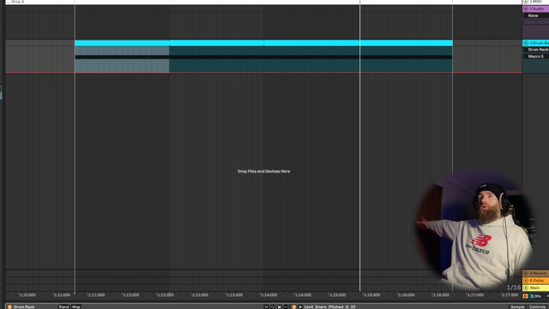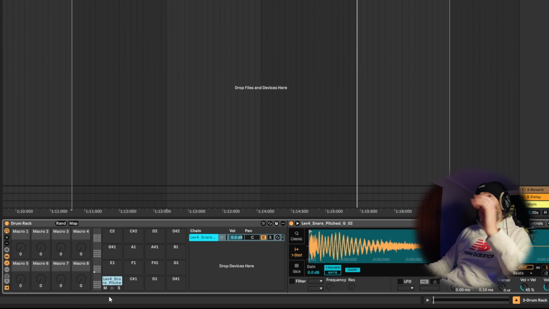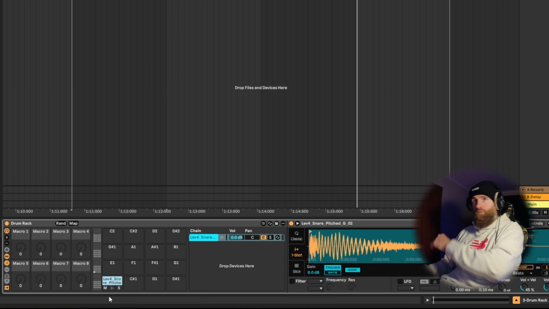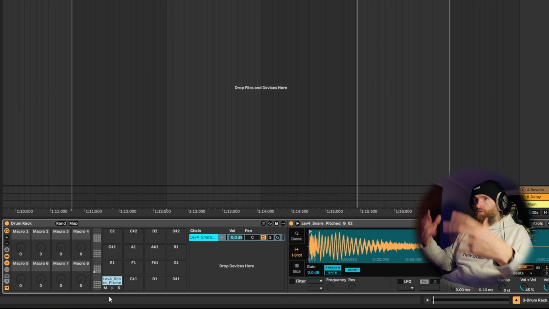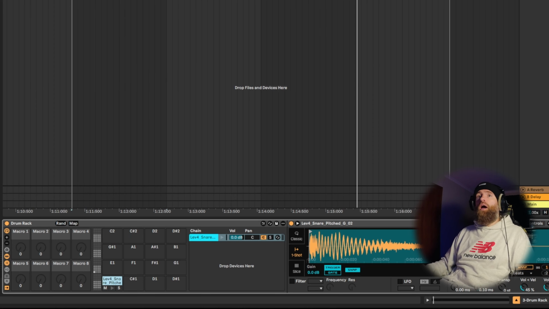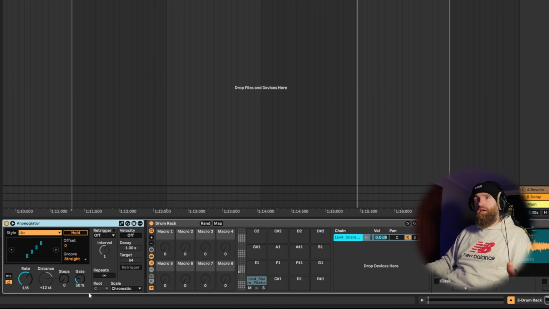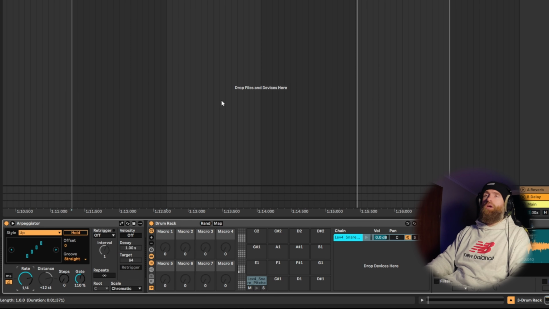Tip number 10. So, if you want a snare roll, just have a MIDI track with just one MIDI note, which is going to be your snare. But rather than going MIDI note, MIDI note, MIDI note on every single quarter, eighth, whatever, 16th, we will grab an arpeggiator, chuck that in. Default is set at 1/8, but yeah, let's chuck this down to quarter. So that sounds like